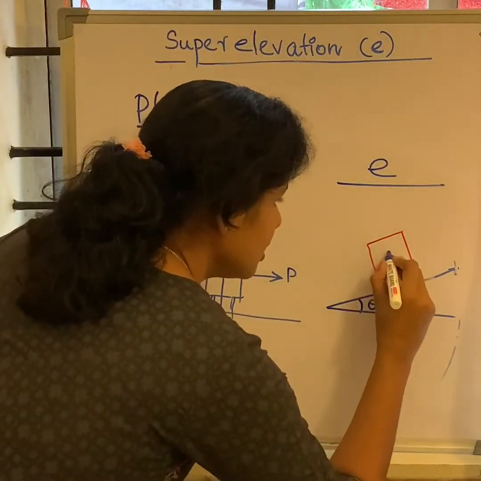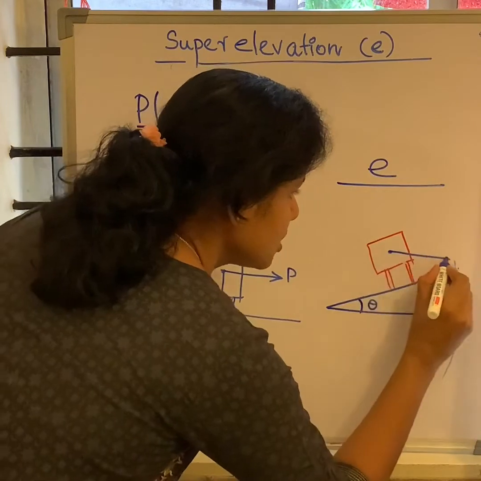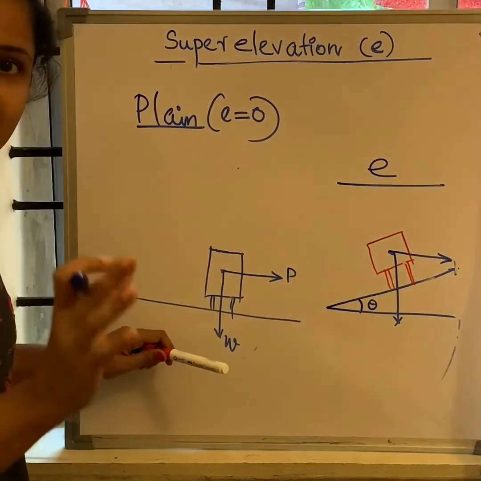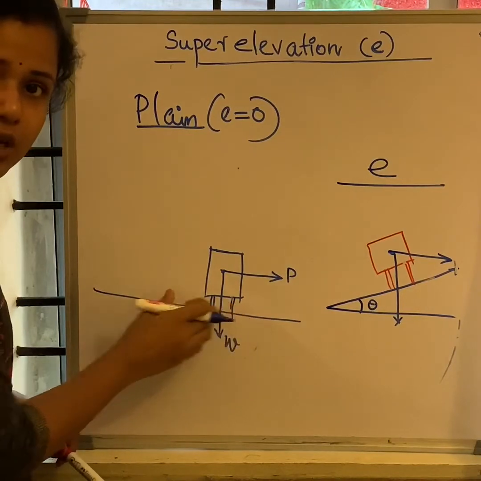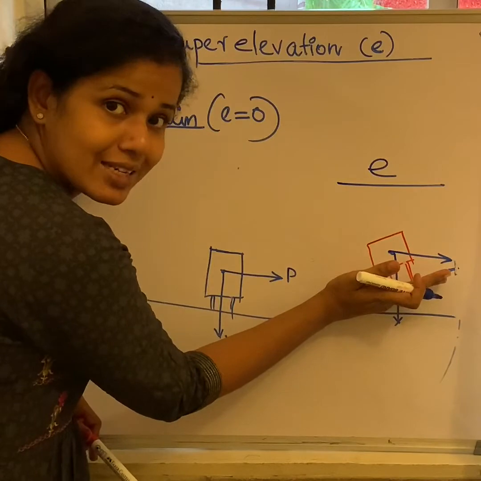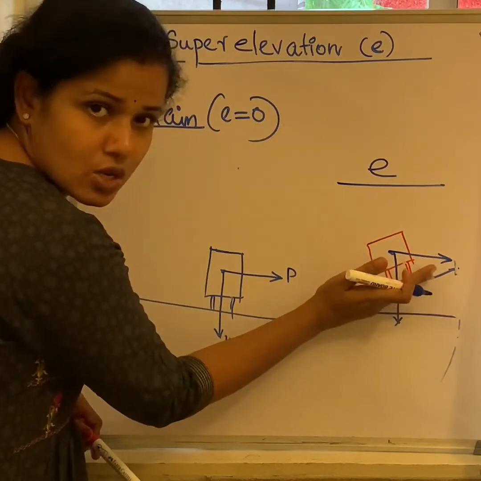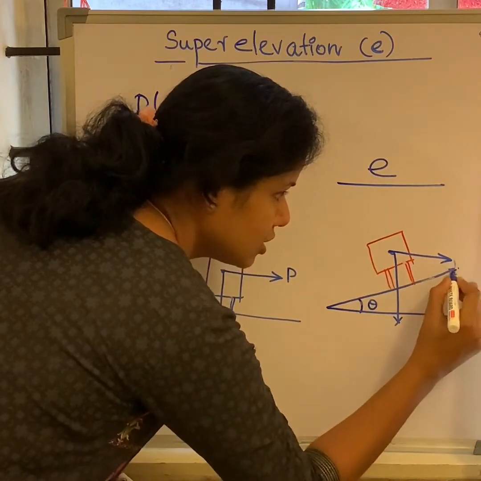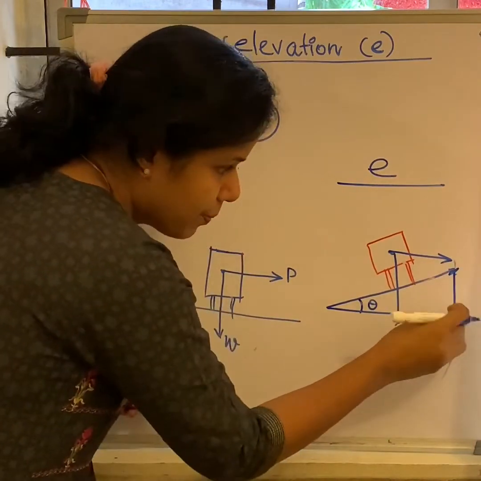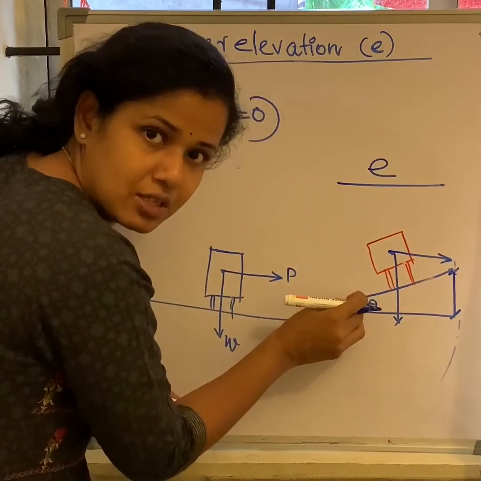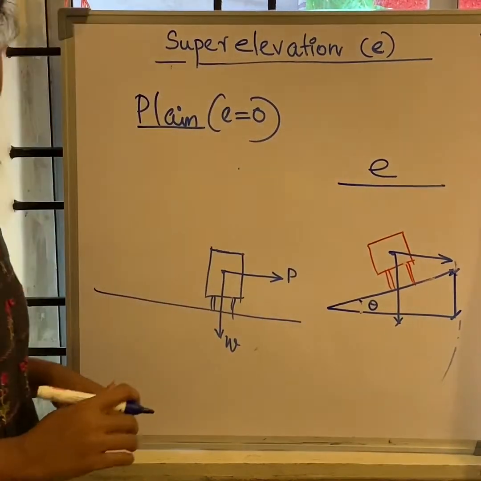You can see that this is your center of gravity, with the centrifugal force acting and the weight acting downwards. The basic difference is that here I am talking about a horizontal surface, but here my pavement surface will be slightly tilted. So it is raised. This rise is the vertical height you are providing. By providing this vertical height, you are creating an inclination. This is the meaning of super elevation.